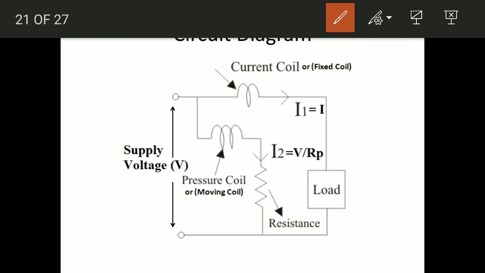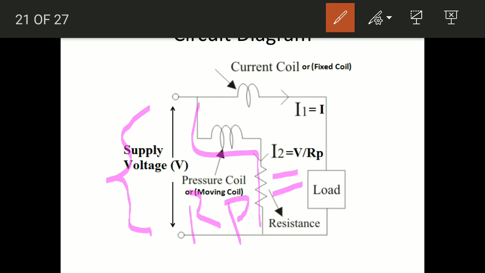So if you apply Ohm's law over here, we can write the value of current flowing through this path is going to be equal to applied voltage divided by the value of effective resistance of this path, and let us consider that the effective resistance of this path is indicated by symbol Rp. So we can write the value of current I2 is nothing but V divided by Rp, where V is nothing but supply voltage and Rp indicates the effective resistance of this path, which includes the internal resistance of moving coil followed by high value of resistance connected in series with it.